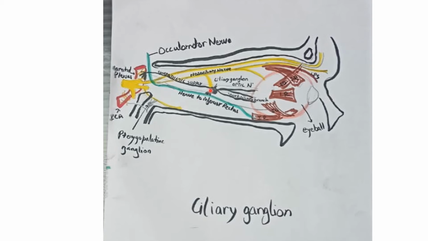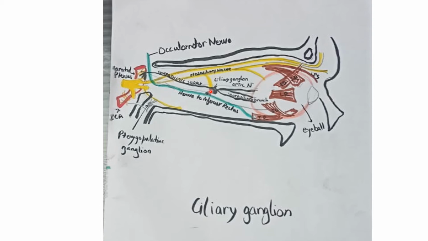Okay. What about the functional relation? It is functionally related to the third cranial nerve, that is the oculomotor nerve, right? Now, the oculomotor nerve and this nasociliary branch, they all enter the orbit via the superior orbital fissure, right? And the connections of the ciliary ganglion are, of course, the motor, which is parasympathetic, then sensory, and the sympathetic fibers.